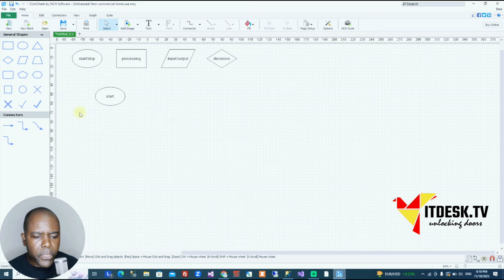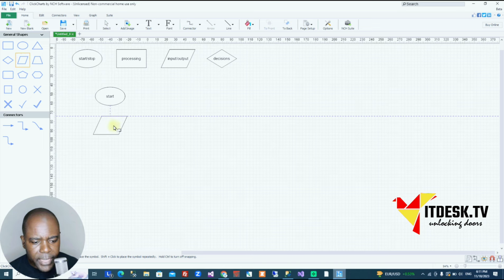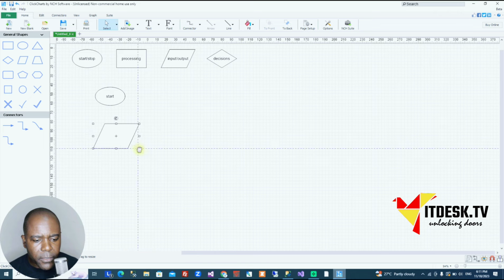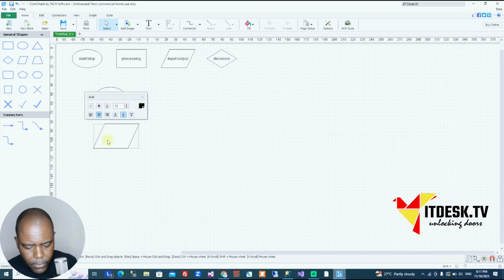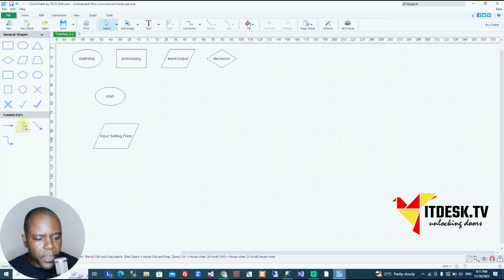We need something from the user. So I look at the top. Which one of these four can I use? Remember, input or output. So I'm asking the user to give me the selling price of the particular item. So I'm going to use a parallelogram then. So that's the next thing on the list here. And in here, I'm going to ask the user the input selling price. All right. So we start, and we just take these arrow connectors and we connect the start,